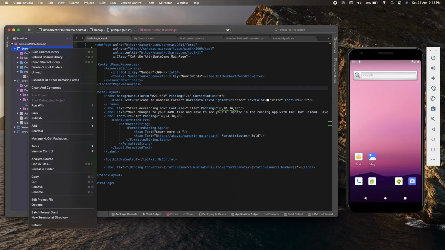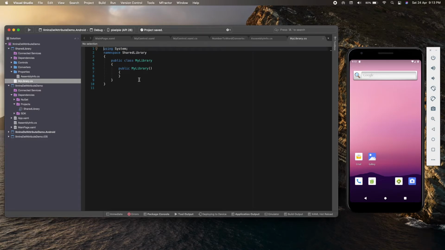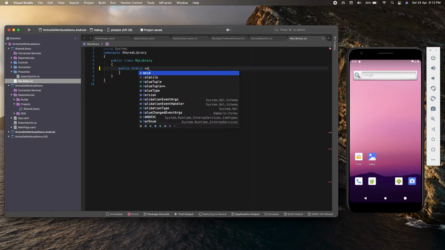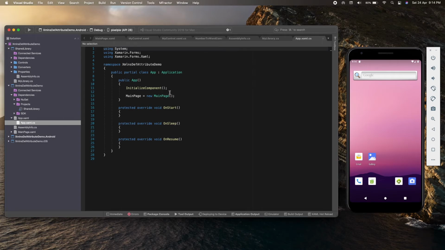For that purpose, let's create a dummy class, call it MyLibrary, and let's add a dummy method in it called Init. Okay, let's make this class static, and we just need to reference this dummy class in our project. For that purpose, let's go to App.xaml.cs and we can reference that dummy class over here.